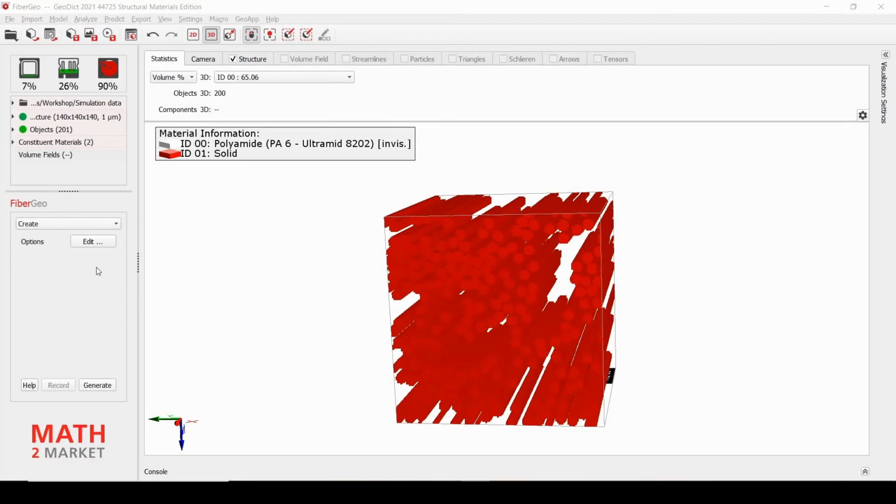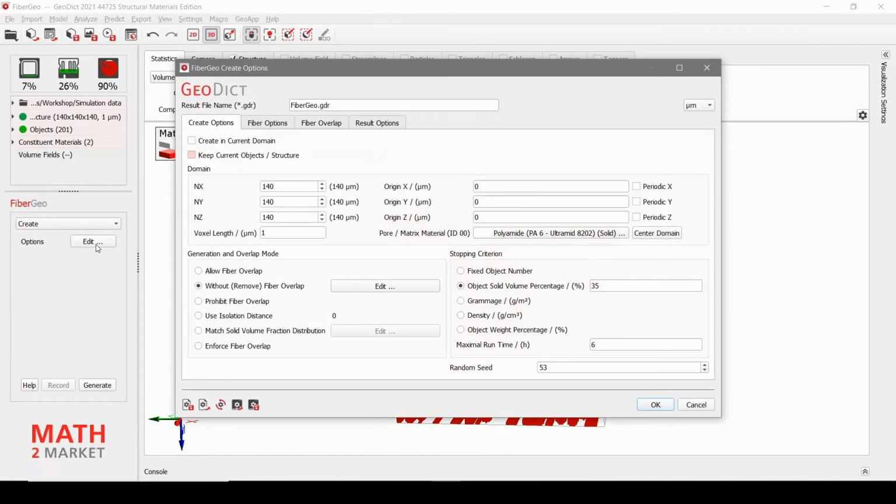And to do that, we go back to FiberGeo and click on Edit. And to get a better resolution, we want to change the voxel length. We want to reduce it, in fact. So we go to 0.5 as a voxel length. But now, of course, the size of our structure is decreased to 70 microns per edge, and that is too small. We want to have a larger section or the same size of a section out of our material, so we have to double the number of voxels per edge and go to 280 per edge.